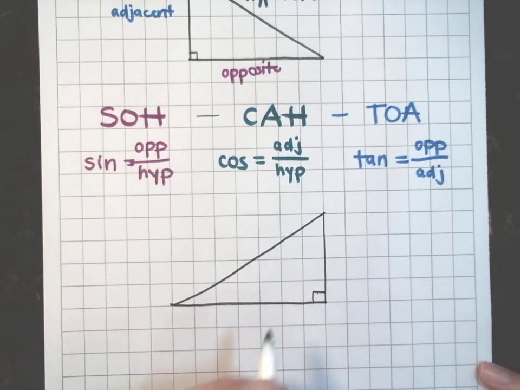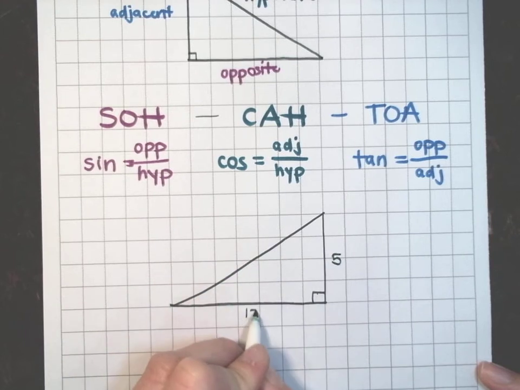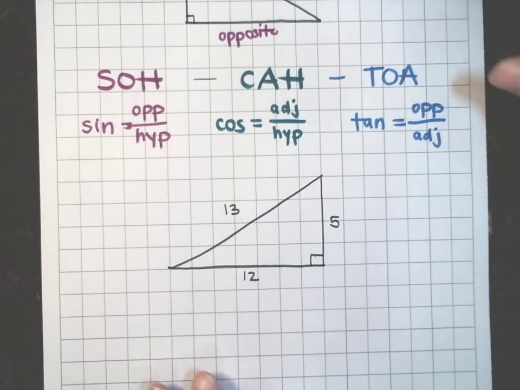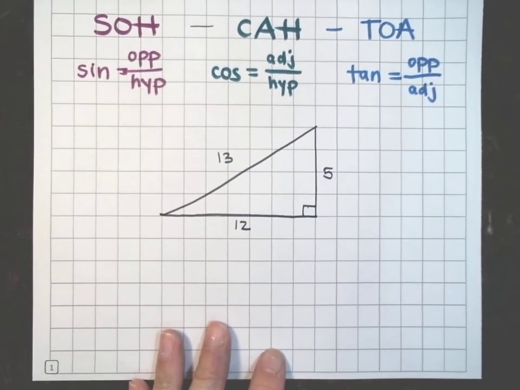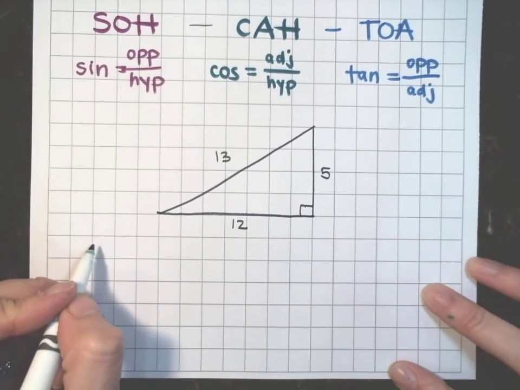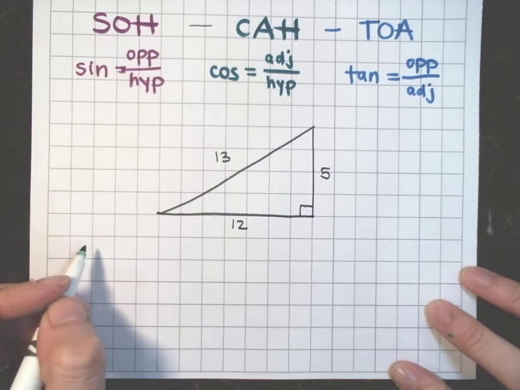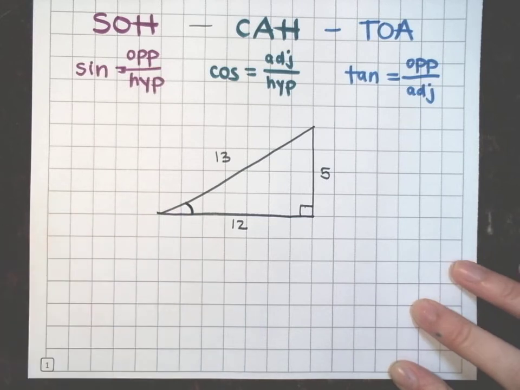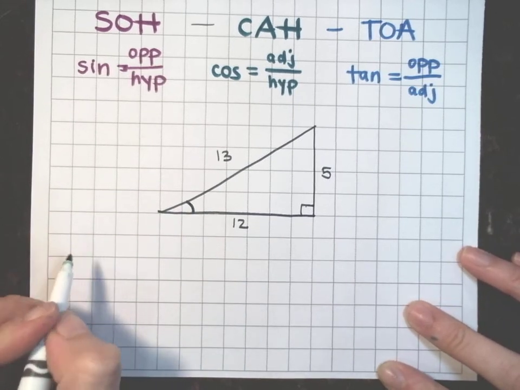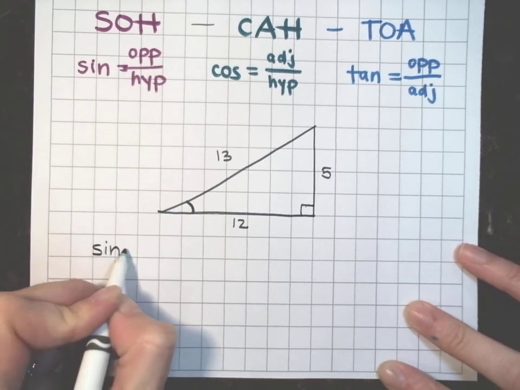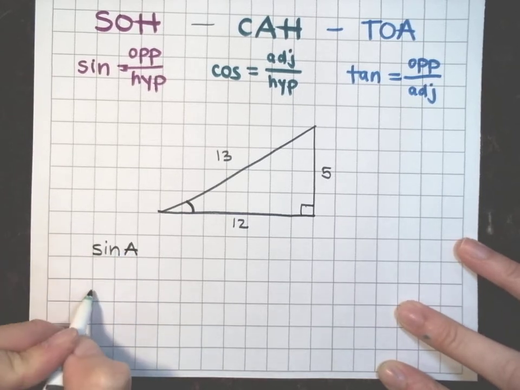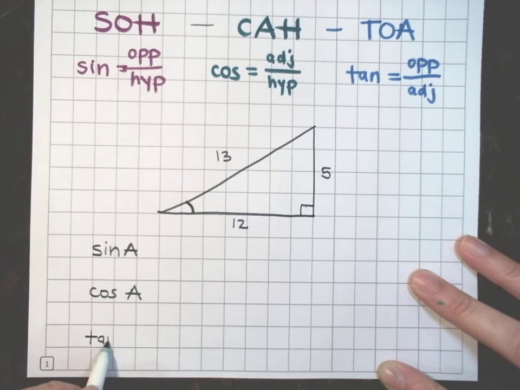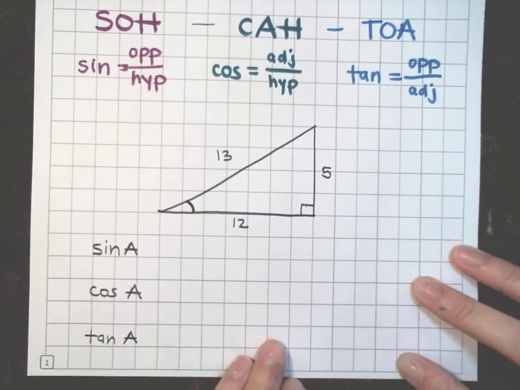So here's our right angle. This side is 5, this side is 12, and this side is 13. And so we are going to use this angle right here, and we want to find the sine of this angle A. We want to find the cosine of angle A, the tangent,